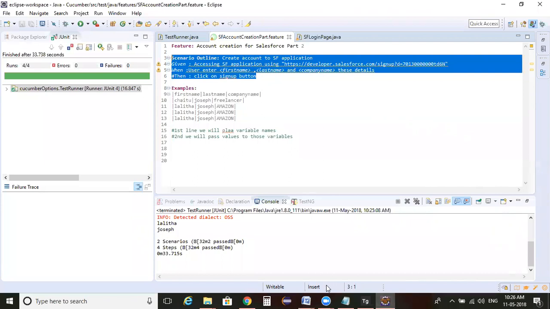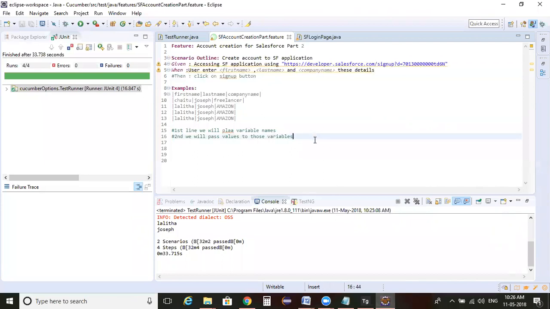And one major issue which we are encountering all the time is with the spaces. Whenever there are additional spaces, even though we are writing the step, it is not recognizing that particular step. So from the next lecture, we will make sure that we are not providing any extra spaces in the steps as well as the step definitions.